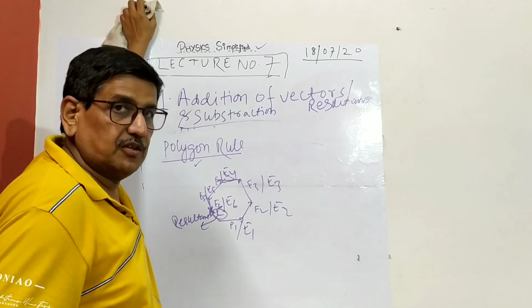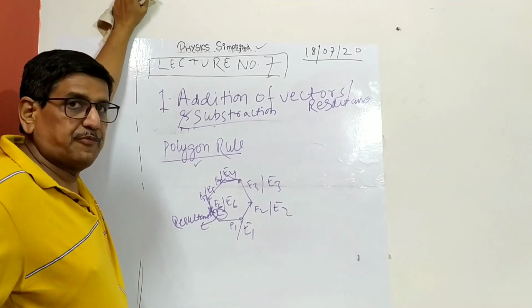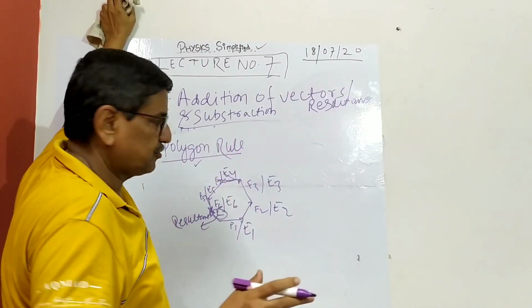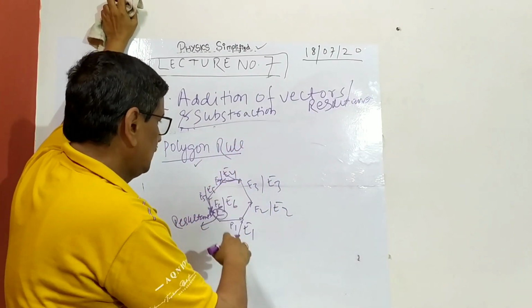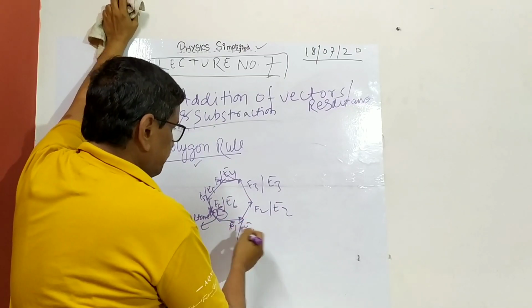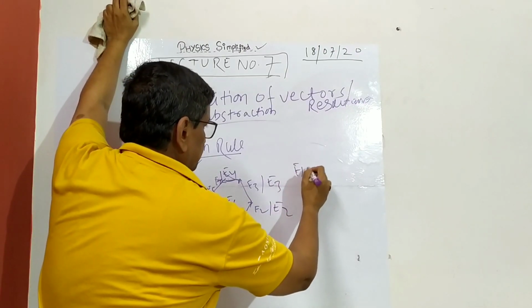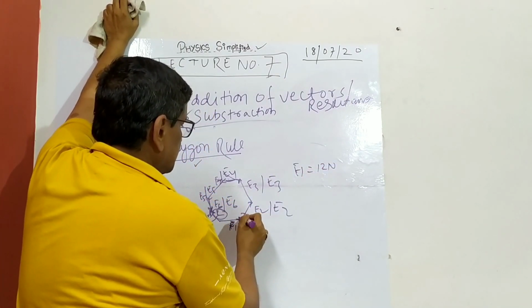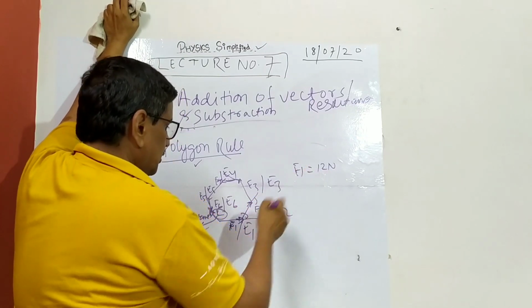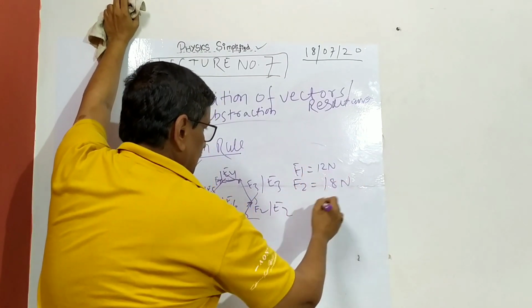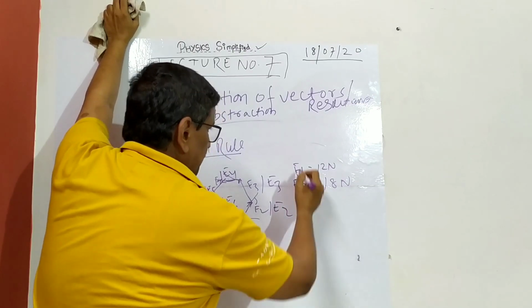So elaborating on this, I've written there plus q, minus q, plus q. I was not knowing the overall picture, but say these are the forces. Magnitude of forces, say F1 is some 12 Newton, and then in a polygon you know that these angles are always 60 degrees from this. So F2 is, suppose, different, some 18 Newton, and like this.